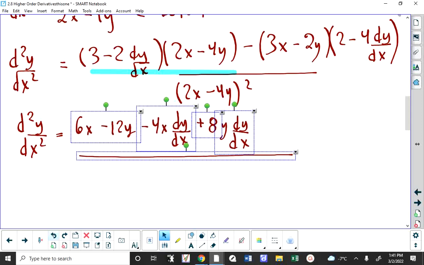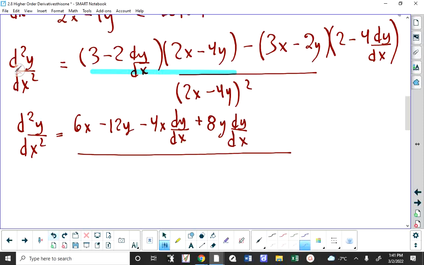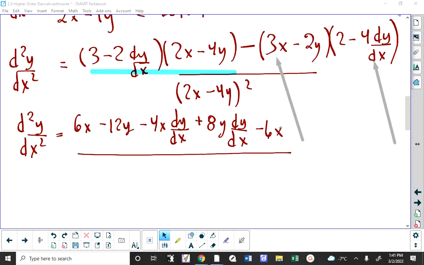Now I'm going to FOIL out the rest, keeping in mind that this is subtraction, and I would rather not rewrite the whole thing twice just because it's subtraction. So when I multiply these two, I get 6x, but I'm subtracting 6x. When I multiply these two, I get negative 12x dy dx, but I'm subtracting that, which makes it positive